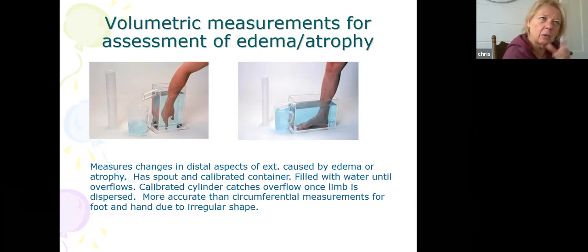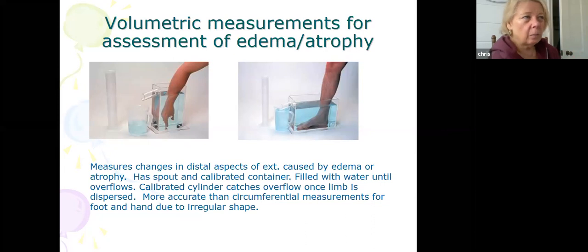And a lot of times that goes along with what a patient is saying, because the patient will say to you, I'm right-handed. And the other thing I want to tell you is that there may be a little difference in your right or left hand. Those of you who are right-handed may have a greater volume, a greater amount of muscle bulk, et cetera, so that number may be a little bit higher. And those of you on the left, same thing. But this just gives you a reading, and it's more accurate than trying to take a tape measure and measure your wrist and your forearm and your fingers. So this just gives you a better reading. Okay, volumetric measurement.